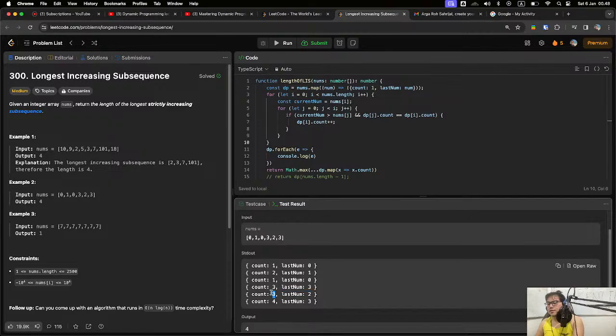The last element is 3, which is strictly bigger than 2, so we can increase the number of elements in the longest increasing subsequence by 1 from the previous element. So the longest increasing subsequence is 4.